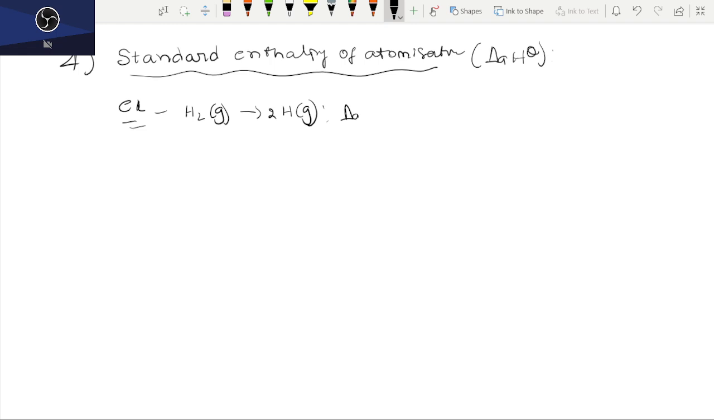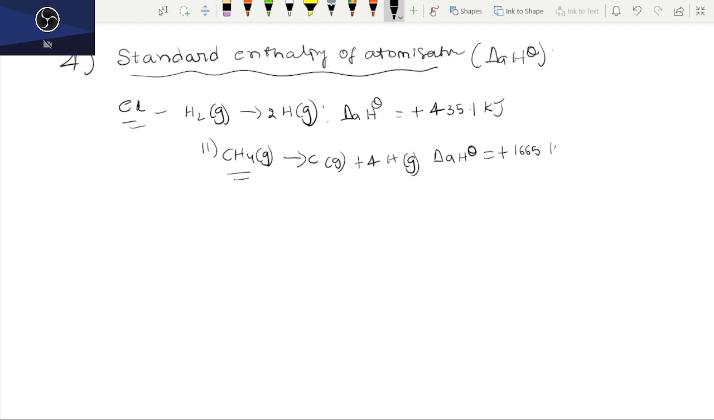Standard enthalpy of atomization is equal to plus 435.1 kilojoules of energy. Secondly, if you carefully see CH4 in the gaseous state, I am going to take carbon. Now the CH4 dissociates into carbon as well as four molecules of hydrogen in the gaseous state. Delta A H naught is equal to plus